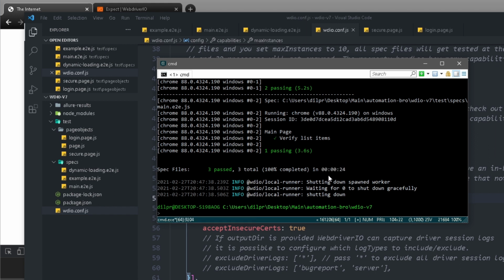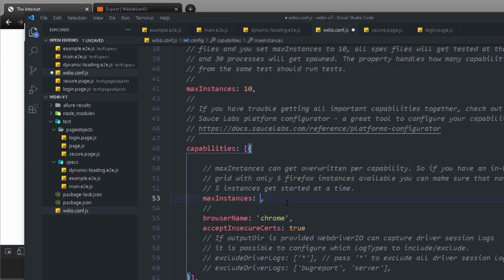But if you can imagine, let's say we are doing parallel testing in 10 separate browsers, and if your machine supports it in your CI/CD tool, that will really speed up your overall test execution time. So I would always recommend for you guys to do parallel testing and write your tests in a way where you're able to do parallel testing. If your tests are not dependent on each other, you can easily go ahead and do parallel testing. But if you're writing your tests in a way where one test depends on another one, then it's going to be really hard to implement parallel testing. So this is how you can do parallel testing with WebDriver IO. So I'm going to go back and change this one to 3, or I can actually change this to 5 as well. Just keep the default.